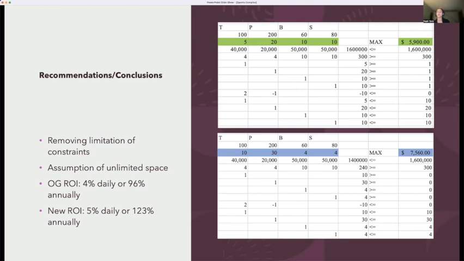So we're also assuming, this is something I wanted to bring up, the assumption of unlimited space in regard to this new model. And when you look at this new model that I created, the only difference in the constraints is that if you look at the right-hand column, under 300 is 0, 0, 0, 0, 0. So I basically removed the constraint that each court had to be built once. Later, you'll see highlighted in blue that each court was in fact built more than once, so that constraint didn't even really impact anything.